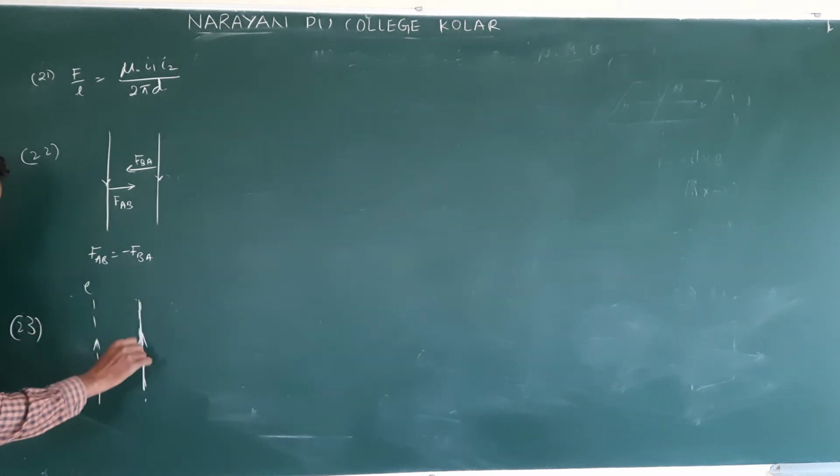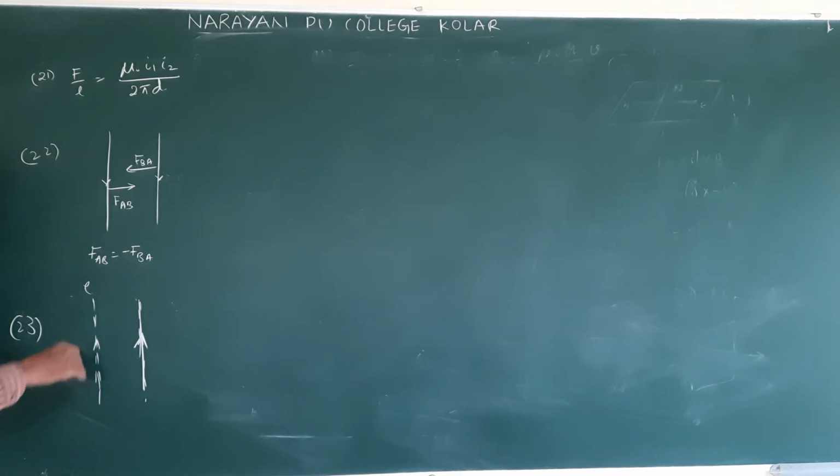Proton is positive charge, so the positive charge current direction remains the same, but for the electron flow, what is our conventional current? Opposite to the electron flow. Am I correct or not? Yes or no? So they are moving in opposite directions. They mentioned a beam of electrons and protons move parallel to each other in the same direction. Clear? Do they attract each other, repel each other, no relation, neither attract nor repel?